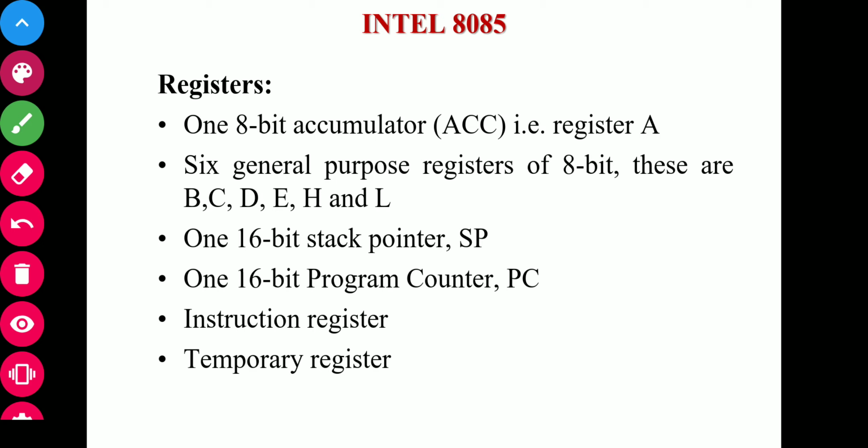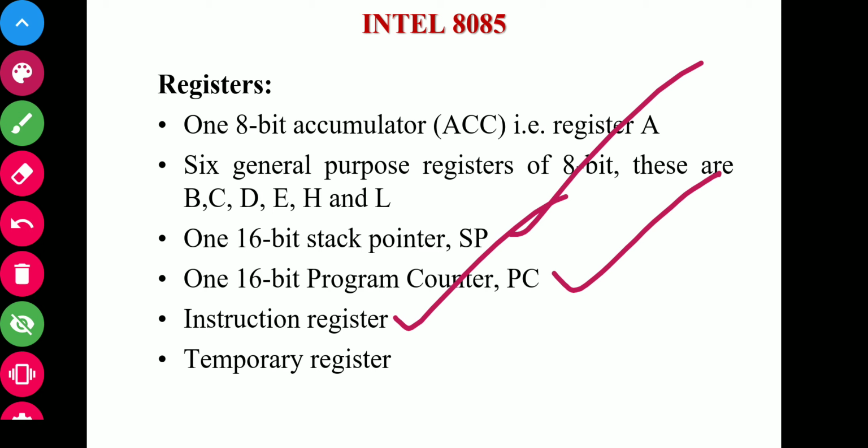These are B, C, D, E, H and L, and one 16-bit stack pointer that is represented as SP, and one 16-bit program counter that is represented as PC, and one instruction register, and another one is temporary register. So these are all the registers which are available in the 8085 microprocessor.